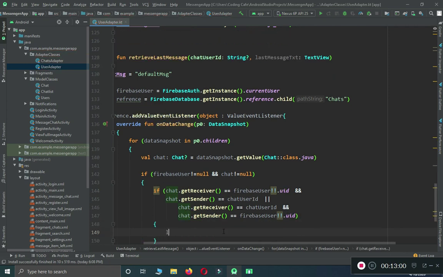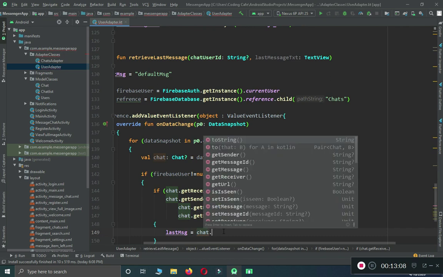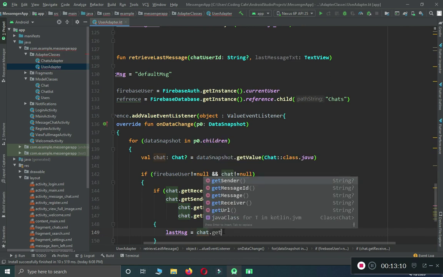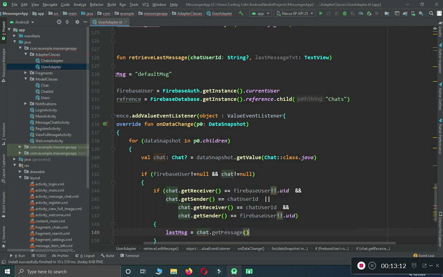We can update the last message variable with chat dot get message,